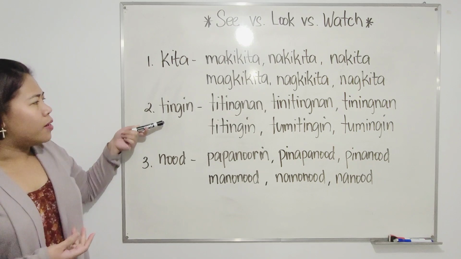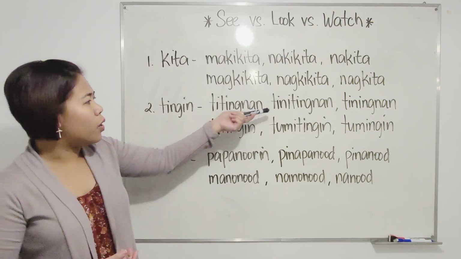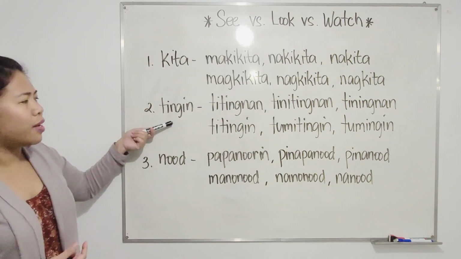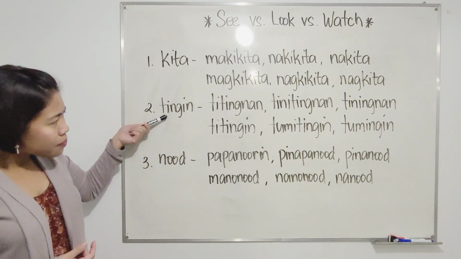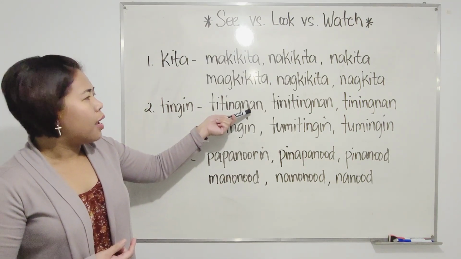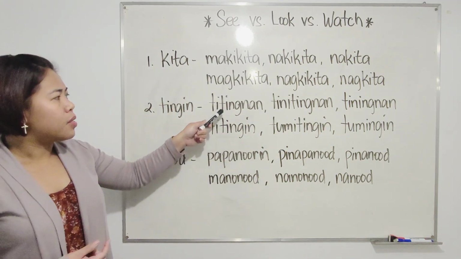It's the same here. Number 2, I know this verb is complicated because of the conjugation here. You can hardly see the root verb, the root word. So tingin, if in the future tense you would say titingnan, and then present tinitingnan, and past tense tiningnan,